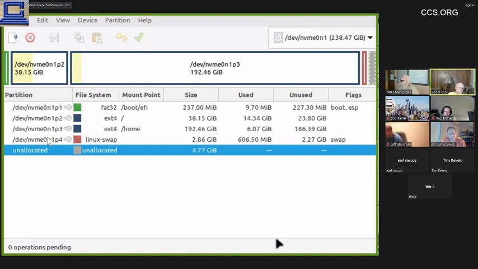Now on this one here, it's not showing it right now because I already have an EFI partition, and so I can't show you what I'm trying to point out, unfortunately. I thought I might be able to fool it temporarily, but in some of them, they have